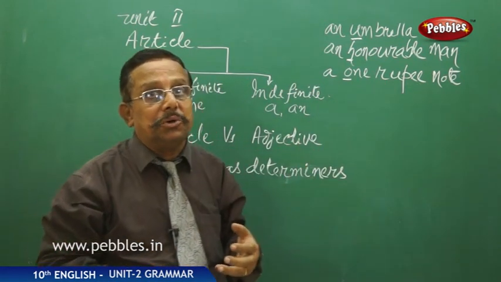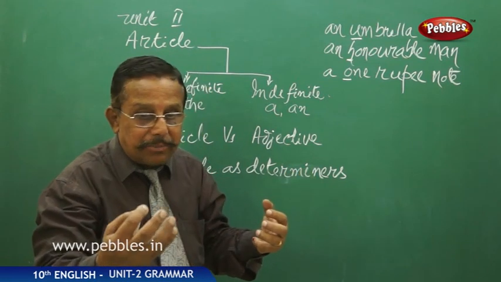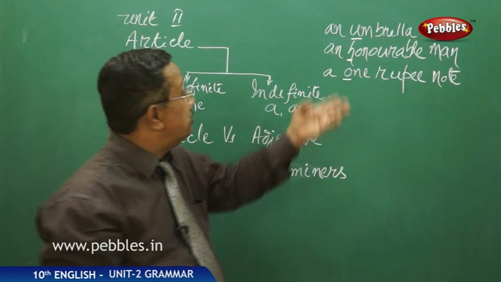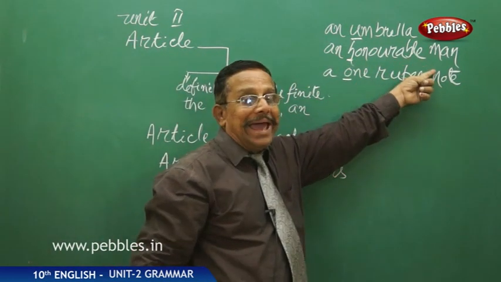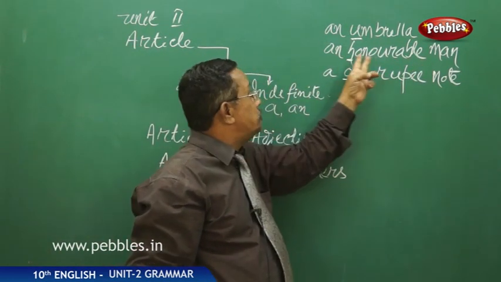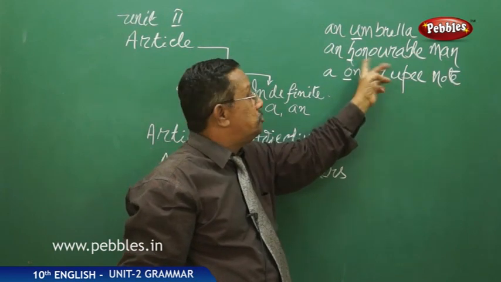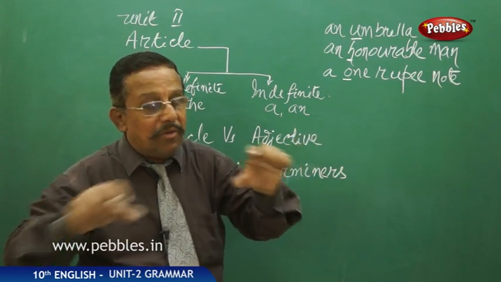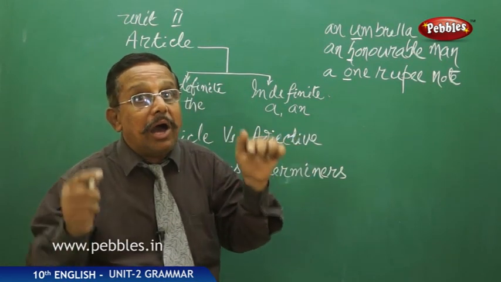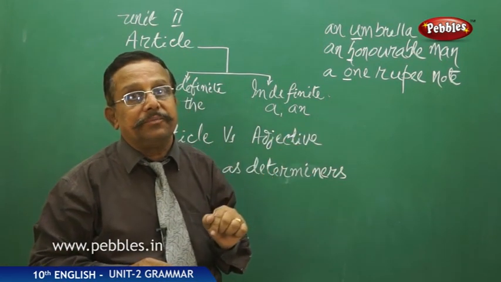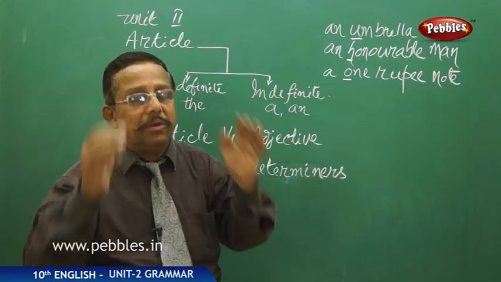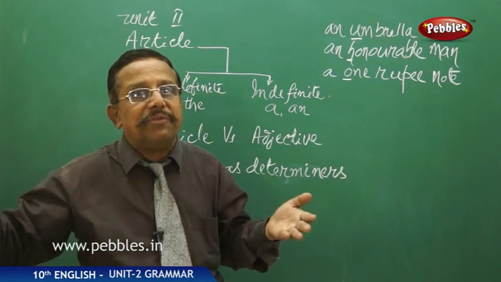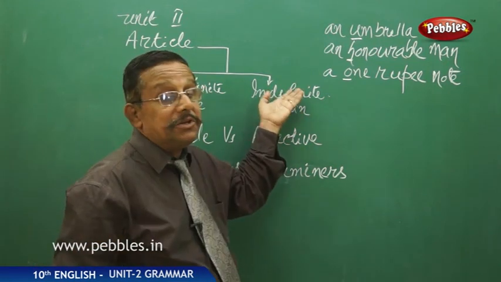While reading also, we are not reading an separately, honorable separately, and man separately, because these two, an and honorable, are attributing to man. So these two we have to read in a string. While reading in a string, are we stopping anywhere? That we have to see. If at all we are stopping, there is a mistake in it. There is no stoppage, it is a flow, free flow, then there is no mistake.